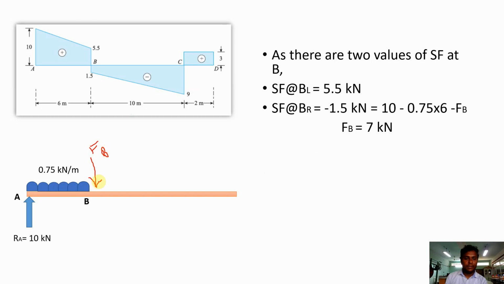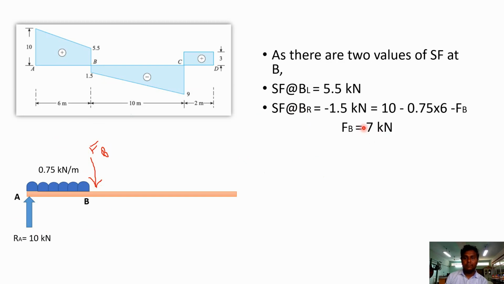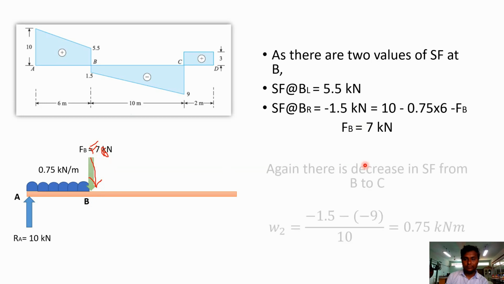So here if I assume it is in vertically downward direction. So when I consider a section considering the right hand side of the section of point B, and if I take the algebraic sum of all the forces on left hand side of the section, I can find here which is equal to the given shear force, that is equal to minus 1.5 kilonewton, and then finally we obtain that FB is equal to 7 kilonewton. Here we are getting plus sign, it indicates that assumption for FB is correct. Hence at a point B there will be a force which is vertically in downward direction. So at B we can say here FB is equal to 7 kilonewton acting in downward direction.